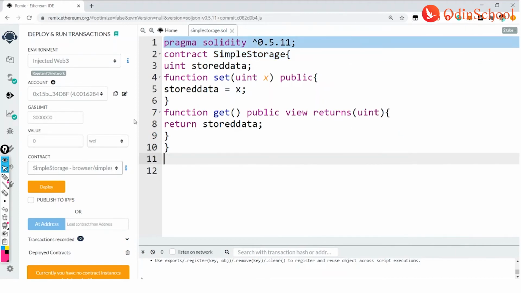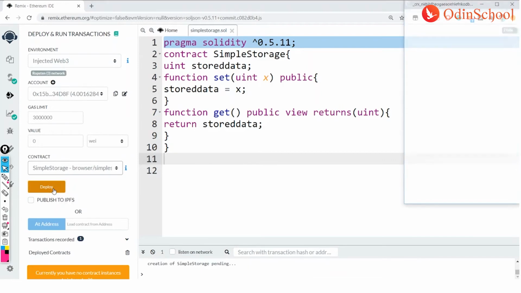So once the validation is completed related to environment and account, then you can go ahead and click on this deploy button. Sometimes if you see that your contract name is not visible, let us say if it is empty, then please go and reload the page. Once you reload the page, you see that your contract name will reflect, and then you can go ahead and click on deploy. Let me click on this deploy button.